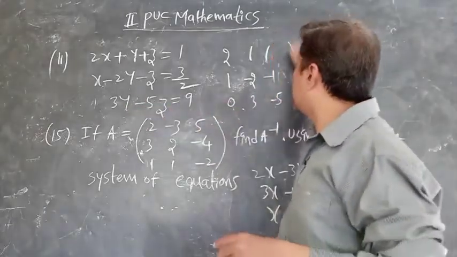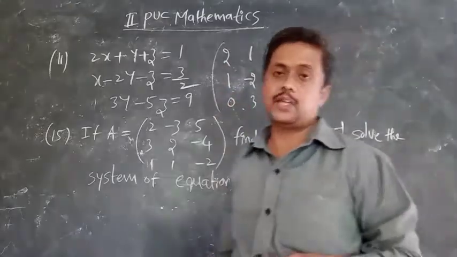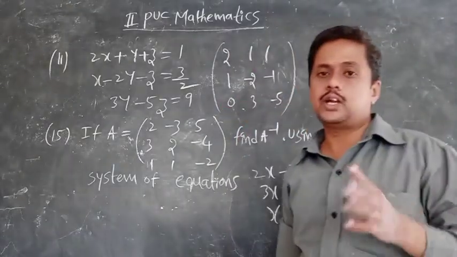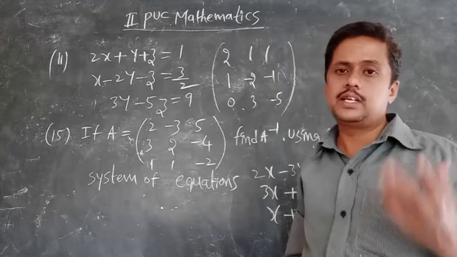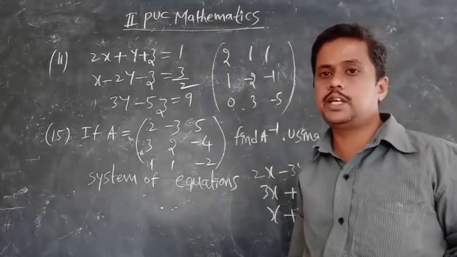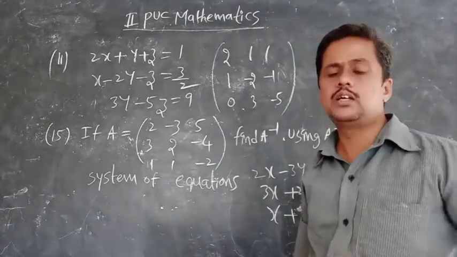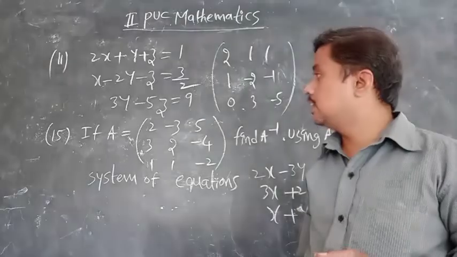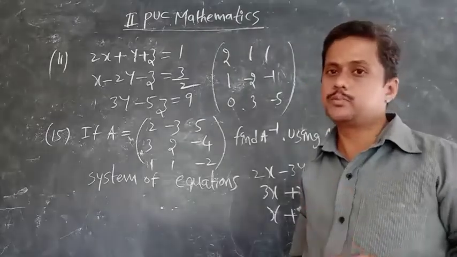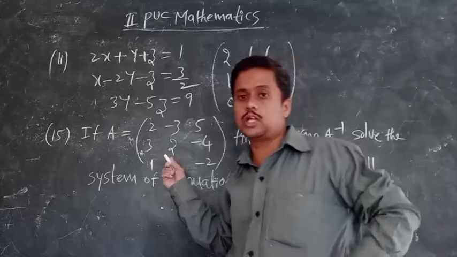Like that we have to frame a matrix. Frame matrix A and get det A. Then adjoint A, next A inverse, next X is equal to A inverse into B. Calculate according to the formula, so you can easily solve the problem. Okay, next we will move on. How to solve this one?